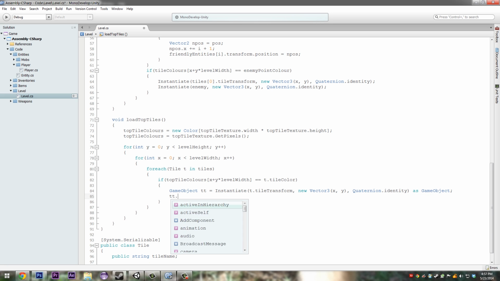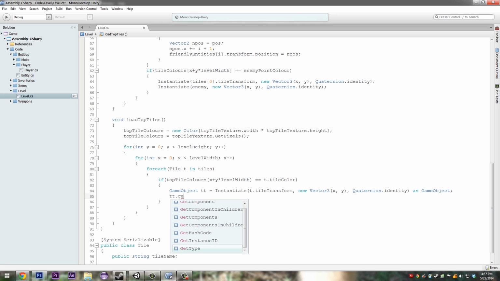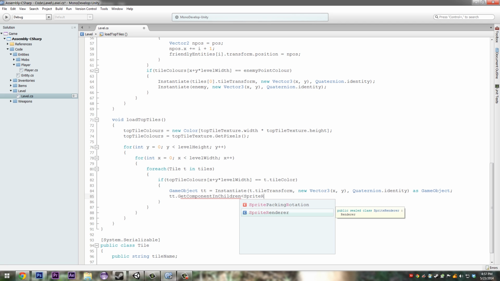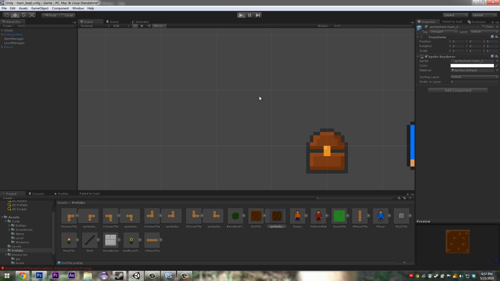And then we just do tt.GetComponentInChildren SpriteRenderer, and we just do sorting order equals 12. So this should work. If we click play,